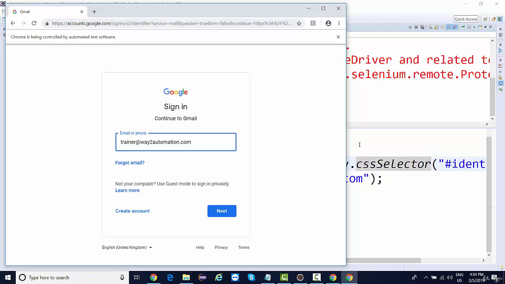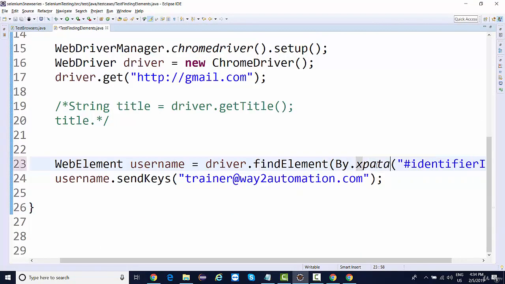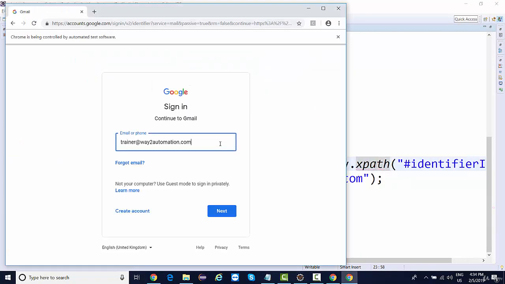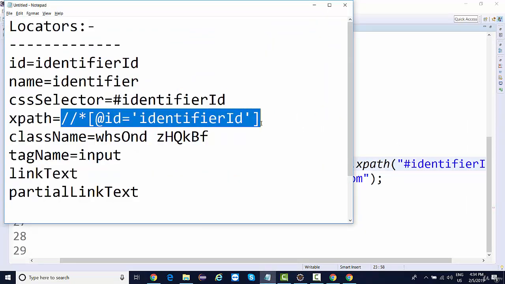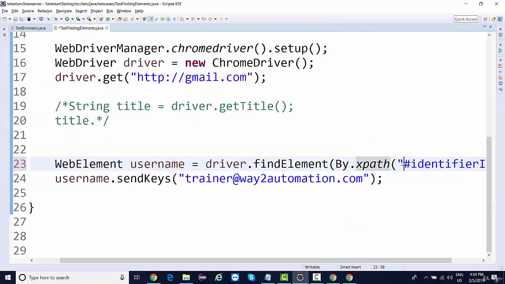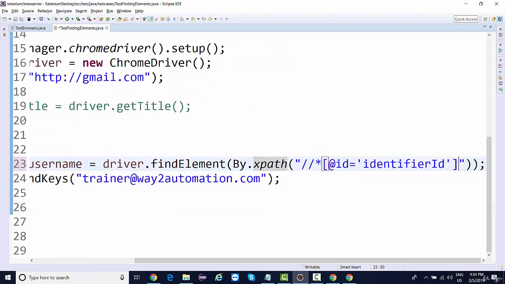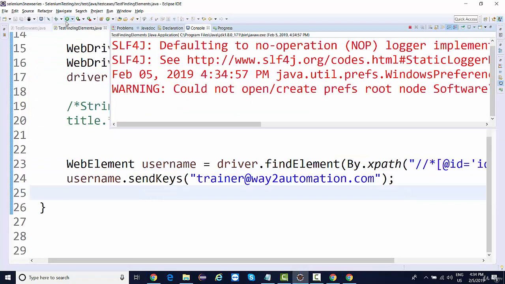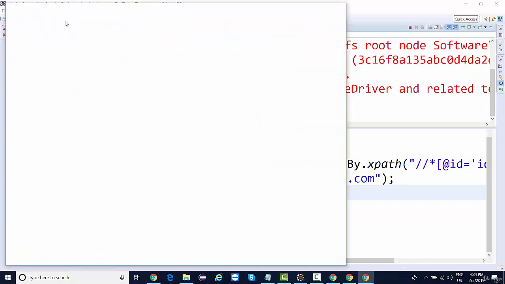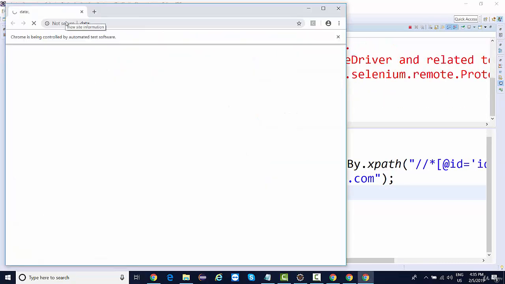Right? And now you can try using XPath as well. XPath is this. Right, so you can give it a try with all 8 locators, and which one you are comfortable with, you